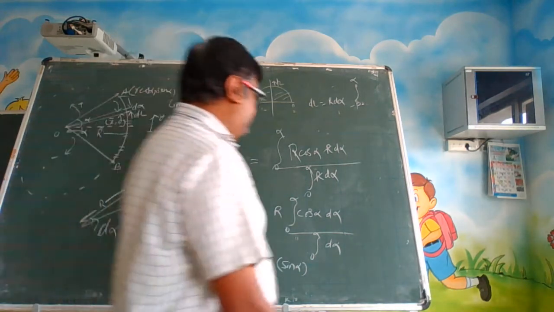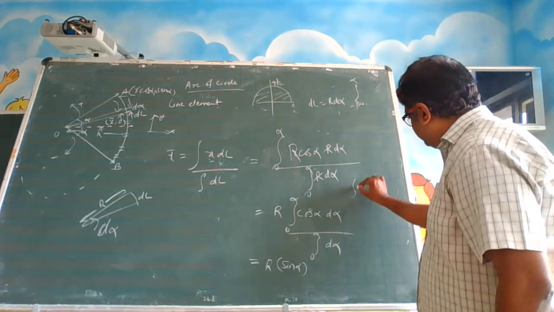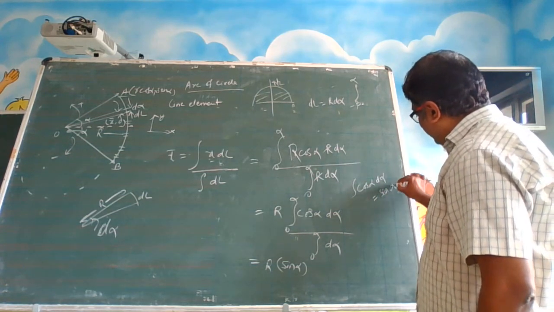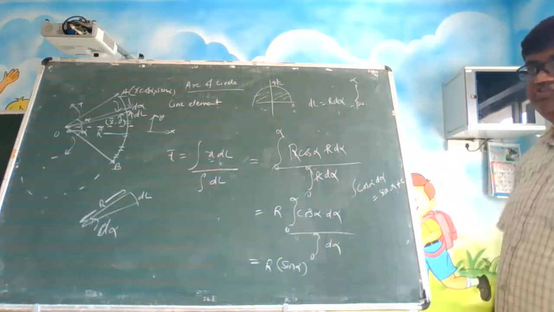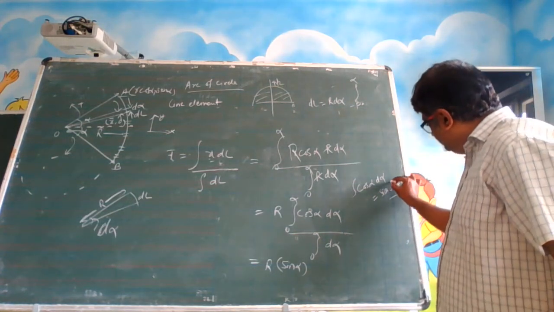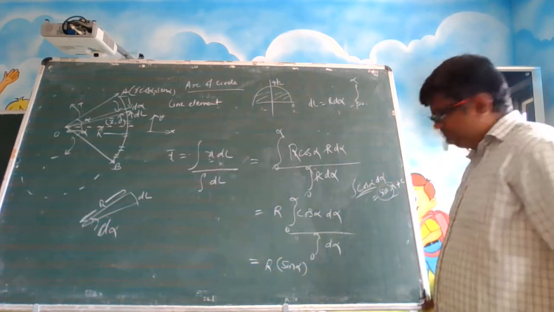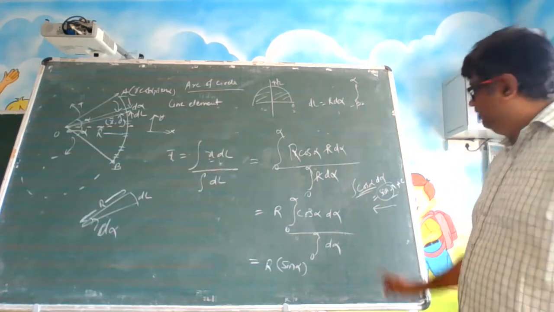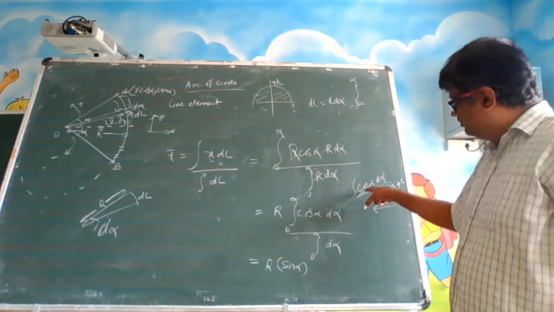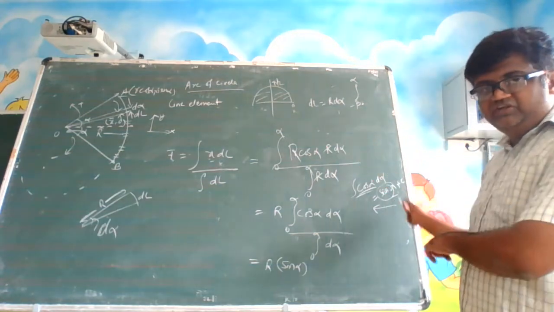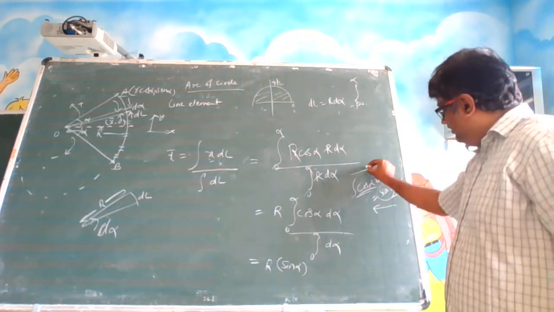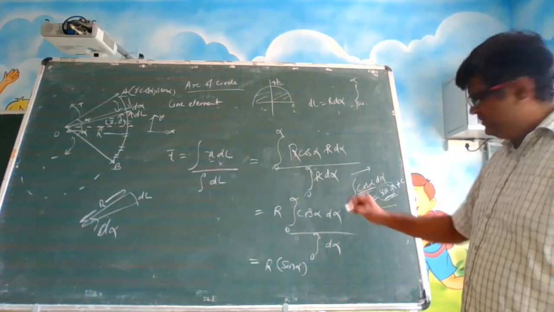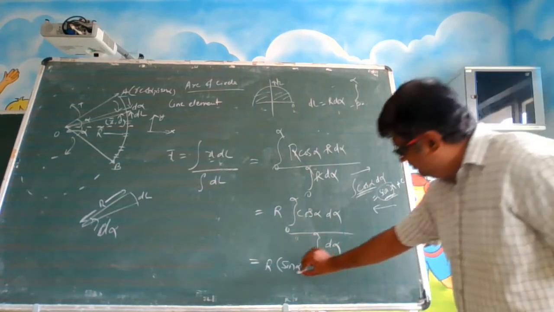Okay? Anytime you get confused, integration of cos alpha d alpha is equal to sin alpha. I told you. Actually, it is sin alpha plus c. There is a constant term also. Okay? So if you differentiate this, you should get this. This is the reverse process. If you get confused at any point of time, differentiate this, you should get this. Differentiation is the reverse of integration. Forward direction is integration, this is the answer. Reverse direction is differentiation. If you differentiate this, you get this. So if I am differentiating this, I am getting this.